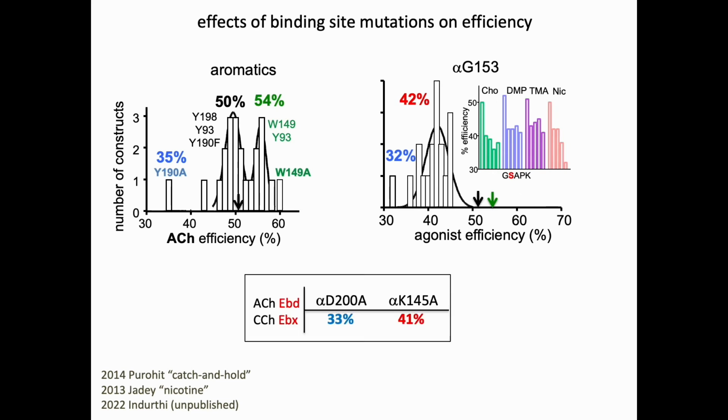We also studied these two mutations, D200A and K145A. These are residues at the binding site. I'll point them out to you in a second. Everything that we did, ACh and all of these four agonists, dropped down into the 33% range, had an average efficiency of 33% when we got rid of this D200, when we made it D200A. They all went to 33%. And the K145A was very interesting because it dropped the efficiency of the 51% ligands down